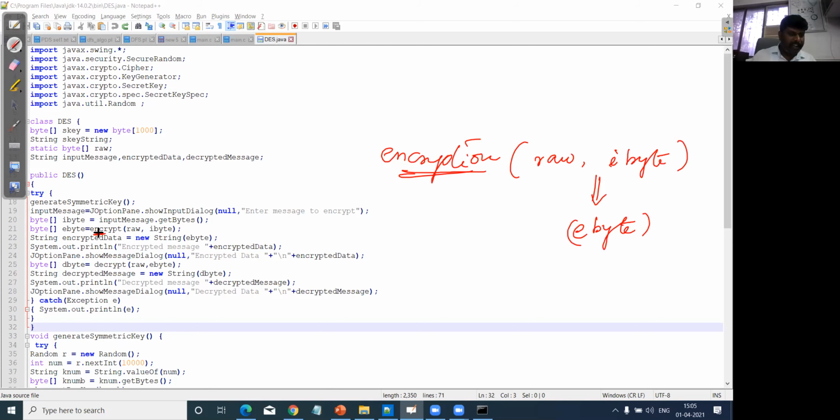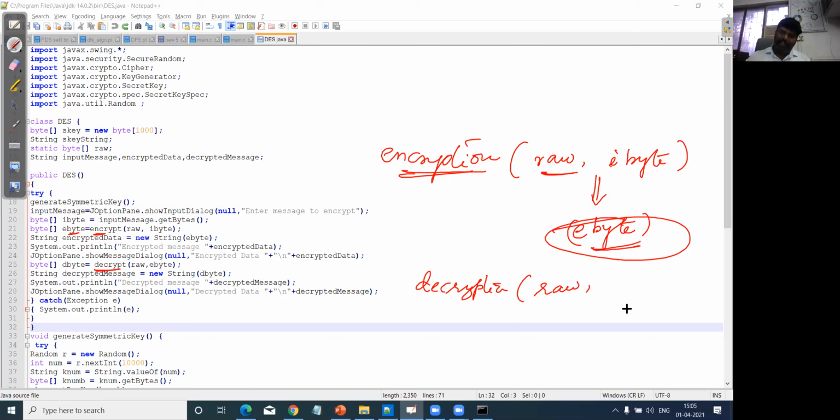Encrypt will create E byte, right? And then when we talk about decryption, the decryption function will accept these two values. The first one is RAW, the same key value, right? And followed by this, the value which is created using the encryption function, which is E byte.